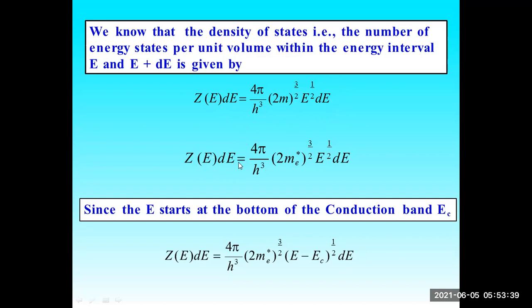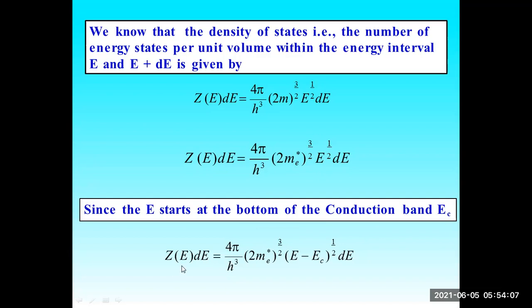So now Z of E dE is equal to 4 pi by h cube, 2 m e asterisk whole to the power of 3 by 2, E to the power of 1 by 2 dE. Why are we using the asterisk? Where m is the mass of the electron. Since the electron is free, it will have some effective mass, and m e asterisk indicates that effective mass. Now, when I say E, it starts from the bottom of the conduction band, that is the minimum value,